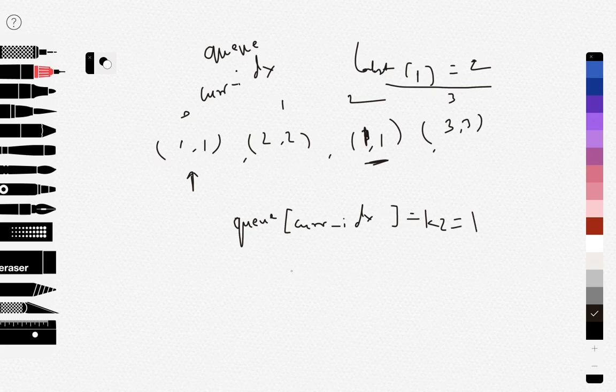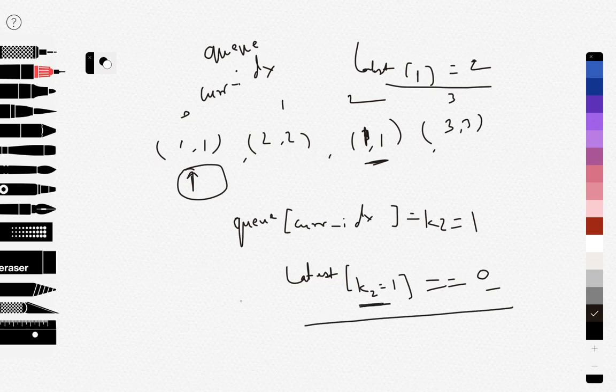So is latest index of k2, which is equal to 2, equal to the current index, which is 0? Like, is this current index the latest index of this key? The current index is obviously 0. So is this current index the latest index for this key, which is 1? And yeah, this is not the case. So this is not the value that we are looking for.